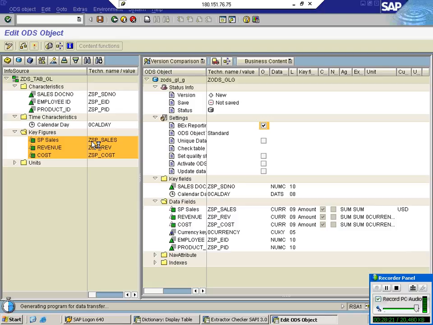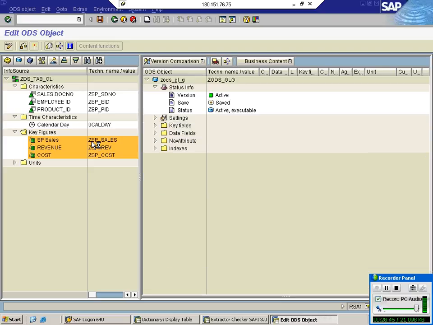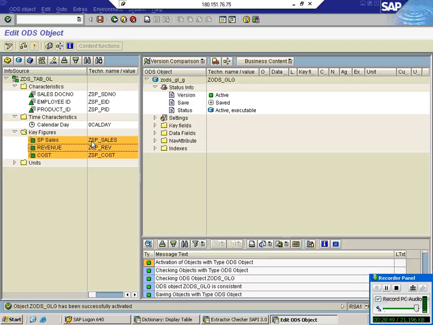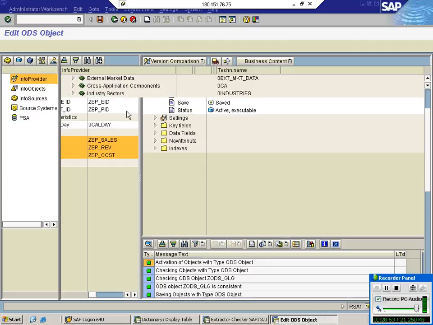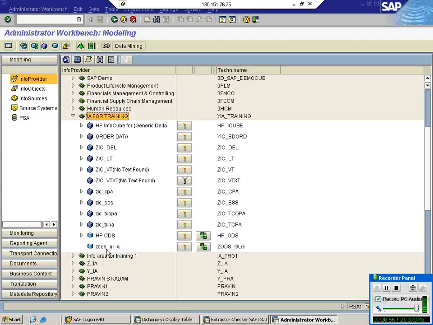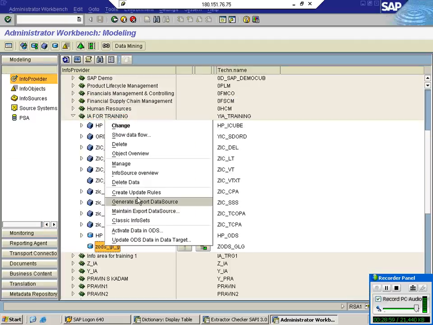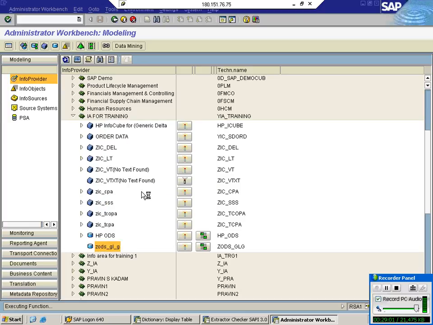So we need to create update rules. Create update rules.